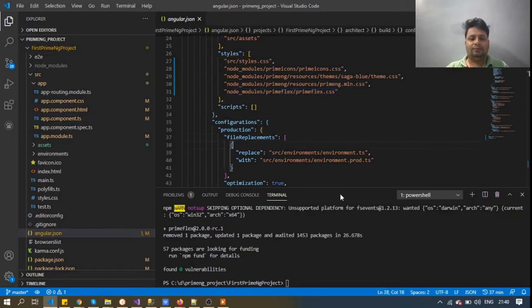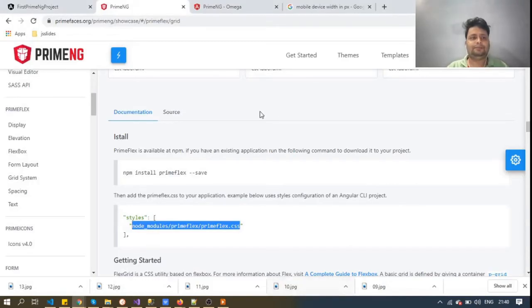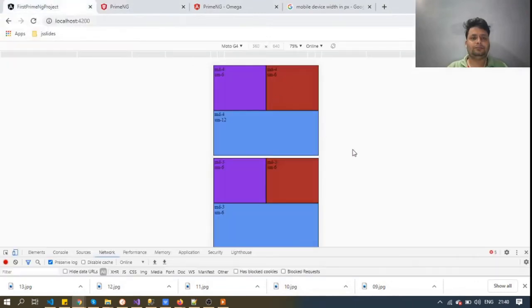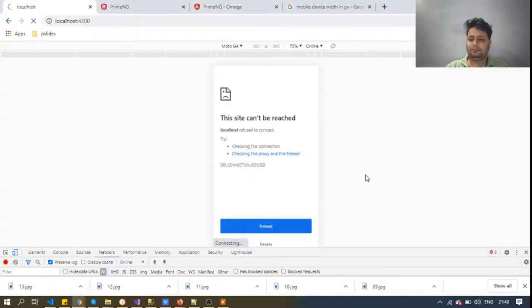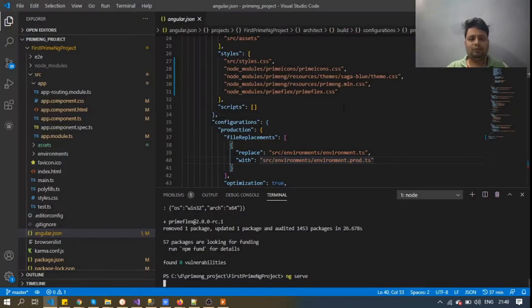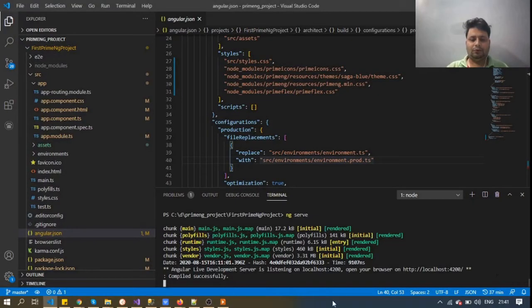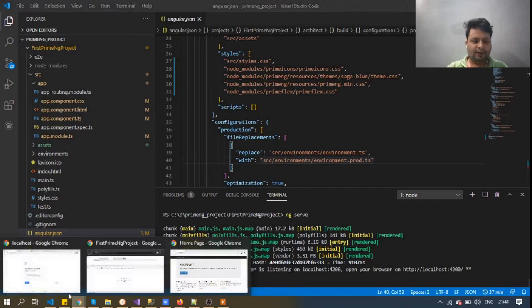That's all. Our project is ready. Now just run it using the ng serve command. So the project is ready.